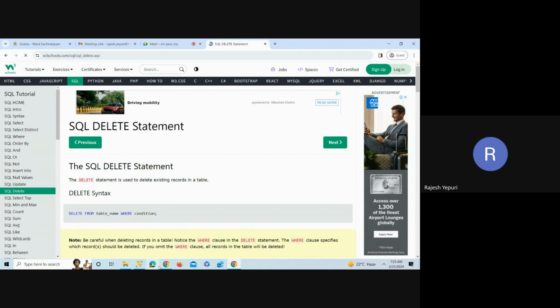Mostly in 80% of interviews, people will definitely ask you this question: the difference between drop, truncate, delete. Especially truncate and delete. Truncate is a DDL command, first of all. Delete is a DML command. This is one of the first differences that you need to give. And the second one,